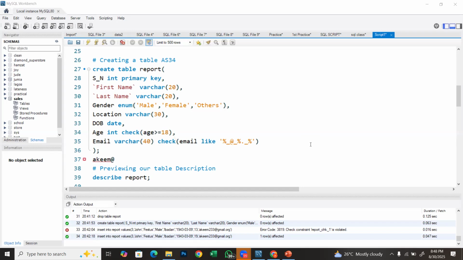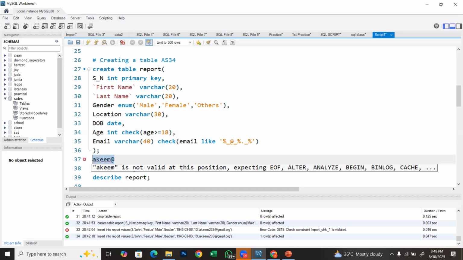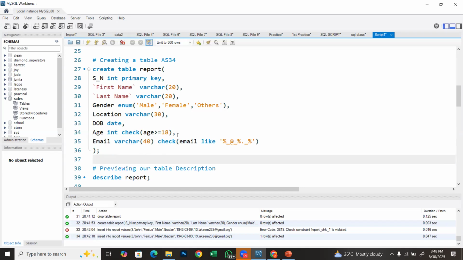Okay, so when you talked about the constraint or the check on age, I was thinking about filling a form online. They will tell you your age limit should not be less than 18 and not more than 35. So how do you put that one there? Okay, that's when we use and